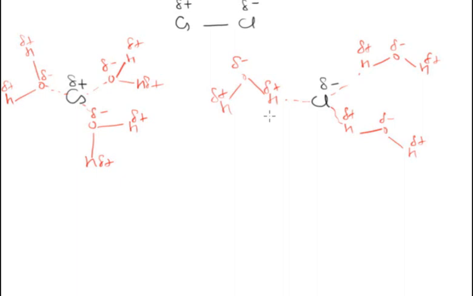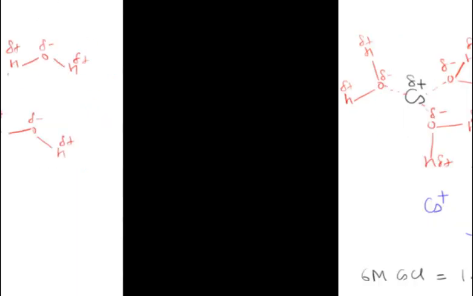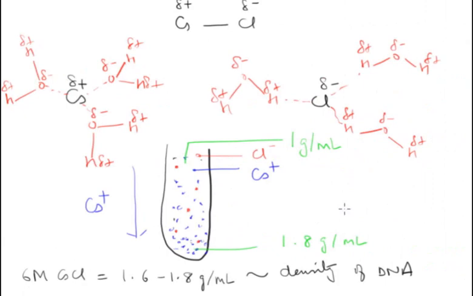So, how is cesium chloride dissolved in water? Due to the high dielectric constant of water, water shields the cesium chloride attraction and replaces the solute-solute interaction with solute-solvent interaction like this. Cesium interacts with the oxygen of water while chloride interacts with the proton of water, thus forming a uniform solution. This is the basic principle behind the dissolution of all ionic or polar solutes in water. If this uniform solution is placed under a high centrifugal force for a very long time, for example 140,000 rpm for almost 2 days,